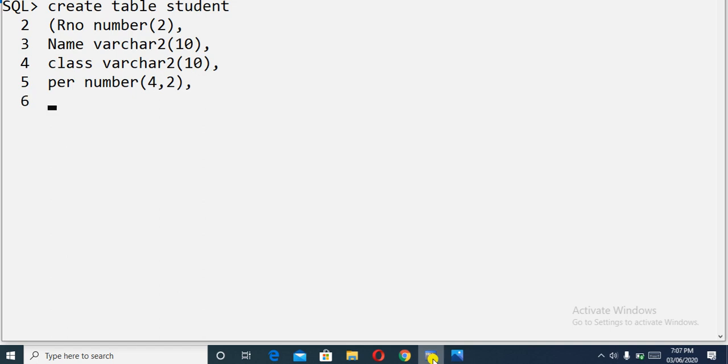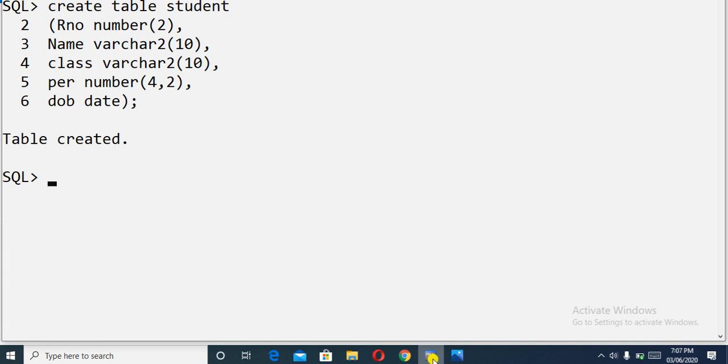Next attribute is DOB. This is the last attribute. So DOB means date of birth, as you know. So for this you have to use the data type date. Then close the bracket and then semicolon to terminate the SQL statement. So see here the table is created.